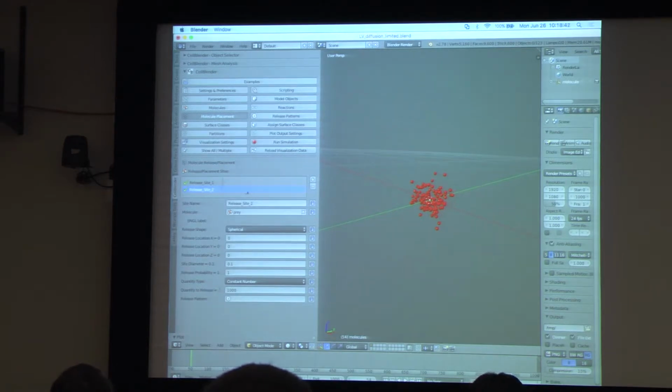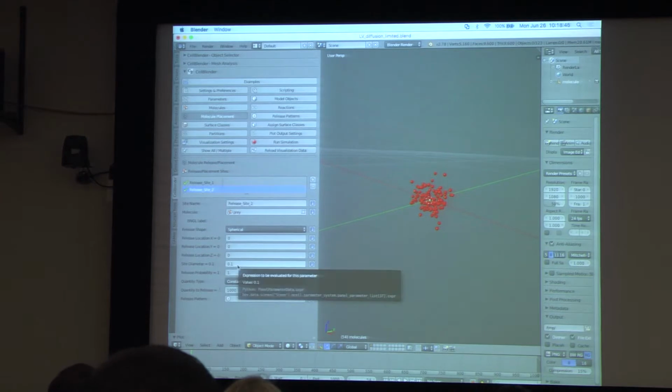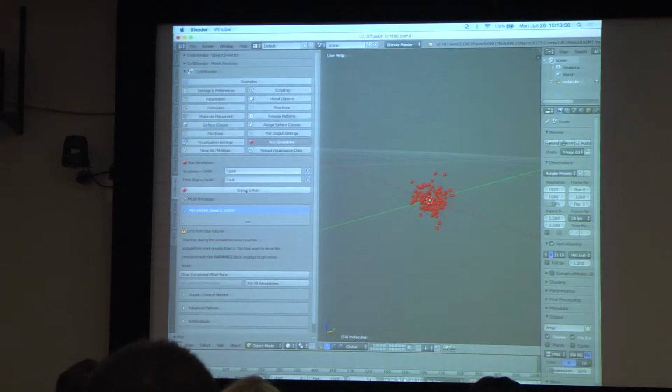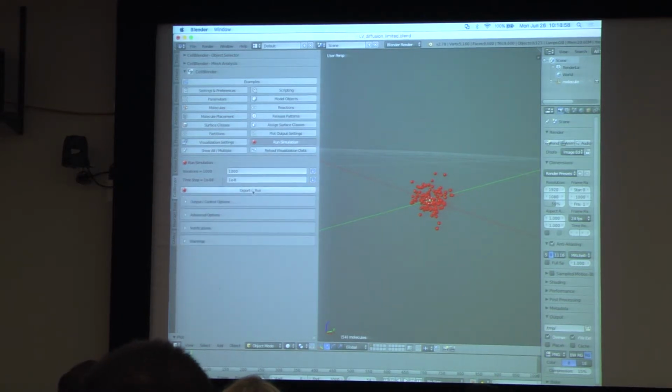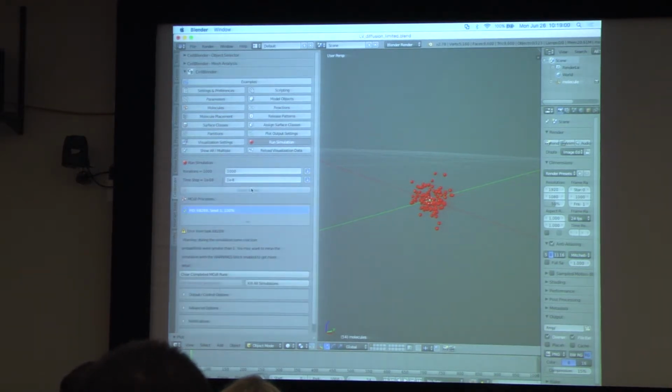So now I've set the site diameter of our spherical release site for release site 1 and 2 to be 0.1 microns. That's 100 nanometers. Right? And now I'm going to hit run again. So I'm going to clear out my completed runs and hit run again. And now if I hit go,